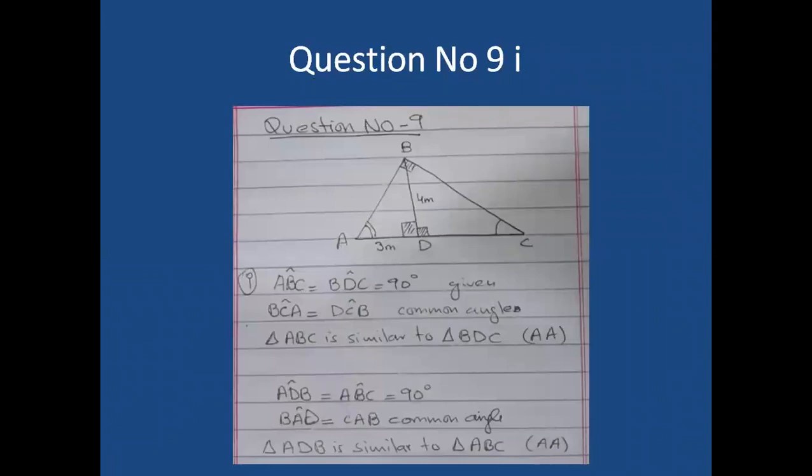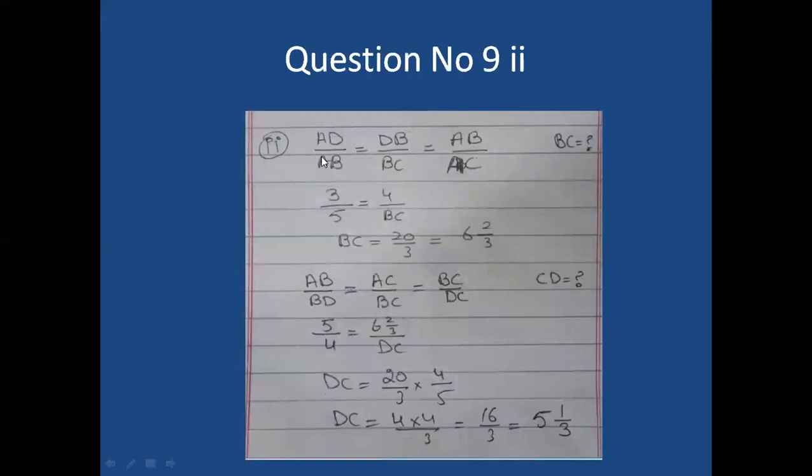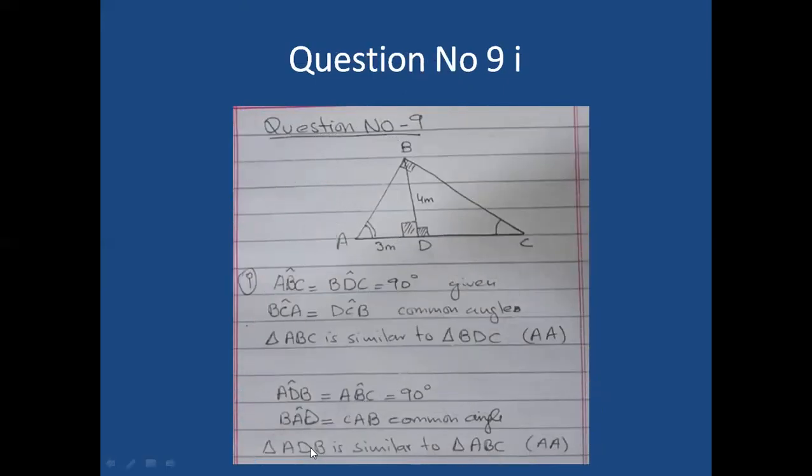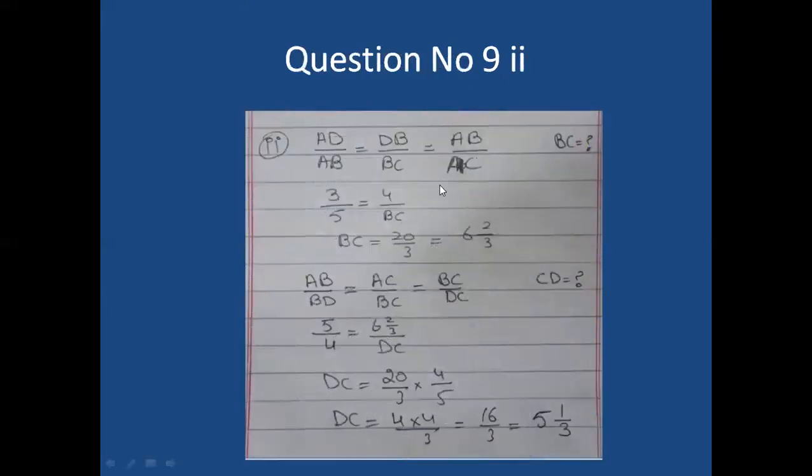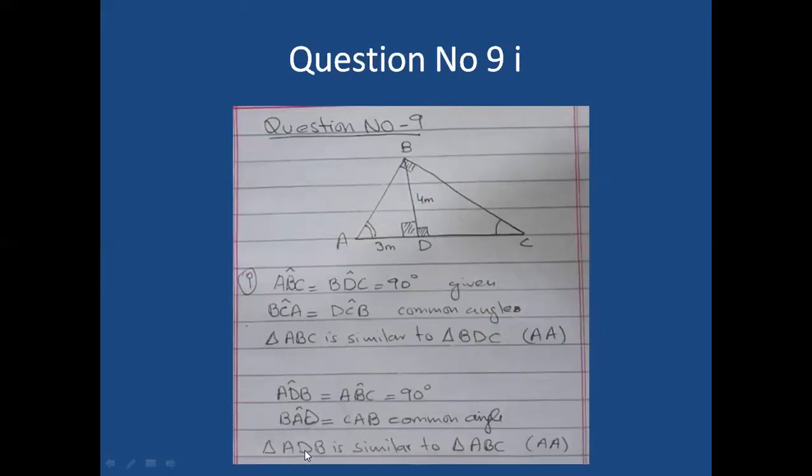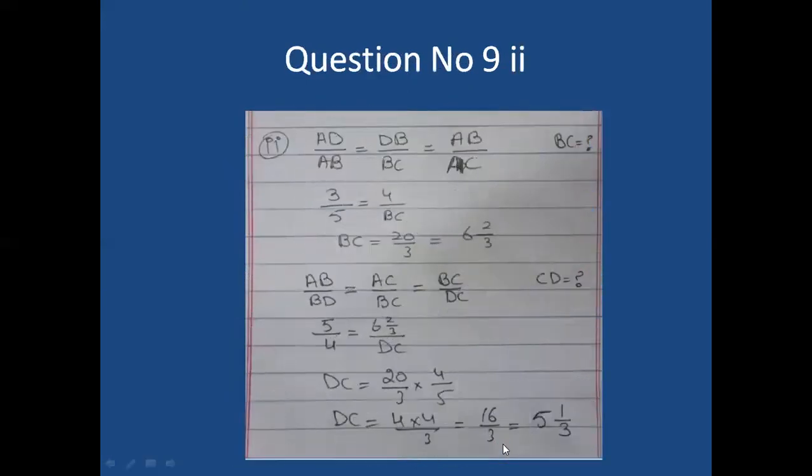So basically, they have taken these two triangles. From these two triangles, I can write AD by AB. You can see here AD by AB. In the same way, I can say DB by BC. In the same way, from this triangle, I can say AB by AC. And if you look at the diagram, the AD is 3, the AB is 5,